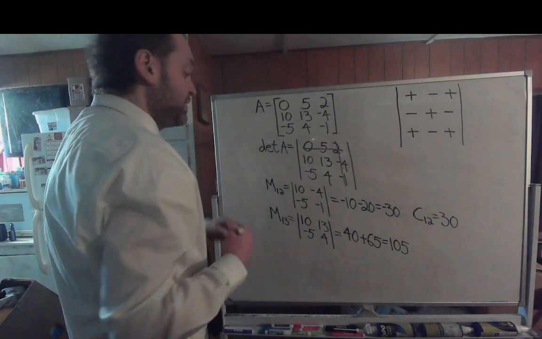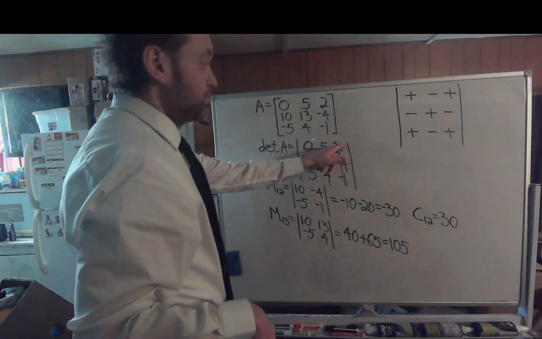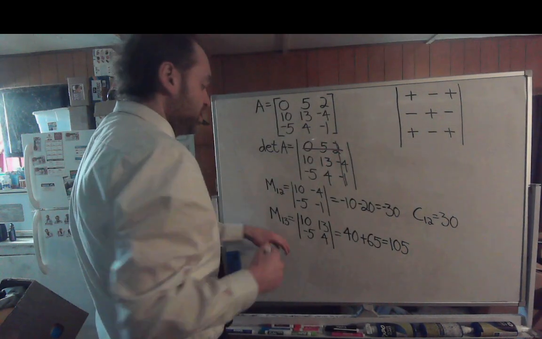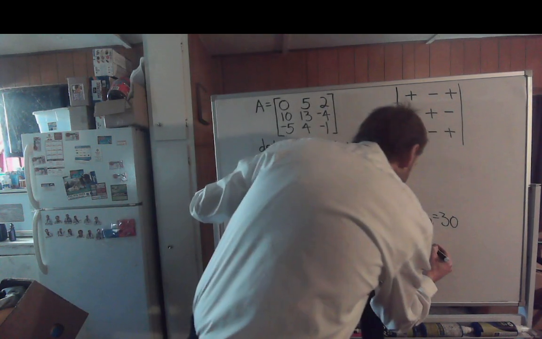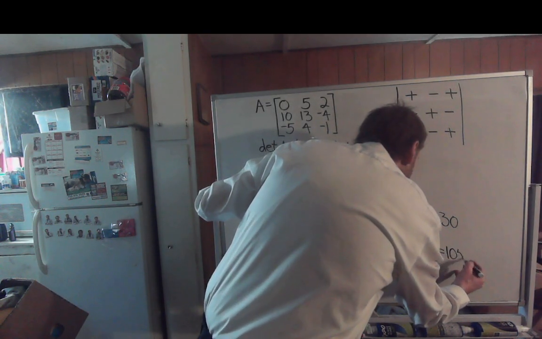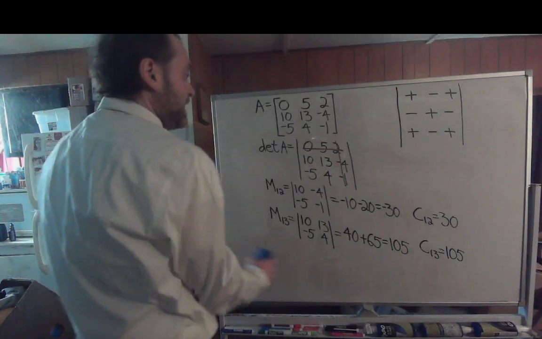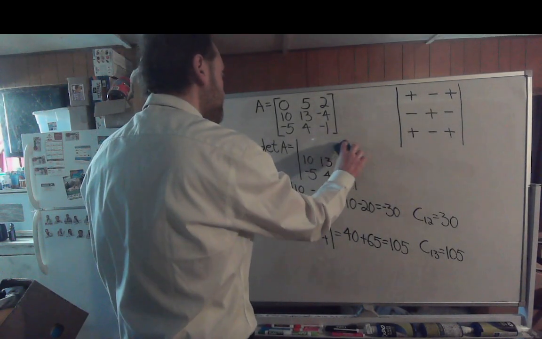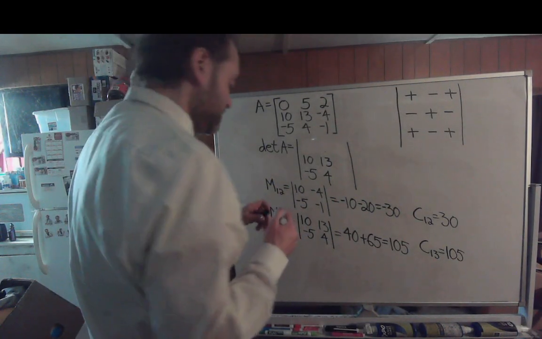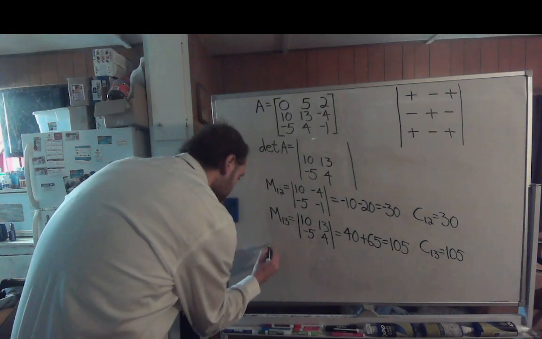So now to find cofactor 1, 3, where that 2 coefficient was, according to my sign matrix, it's positive. So positive minor 1, 3 would still give you a cofactor of 105. Now, all we have to do here, I probably didn't need to rebuild that. That's okay. I just need to deal with, now to find the determinant,